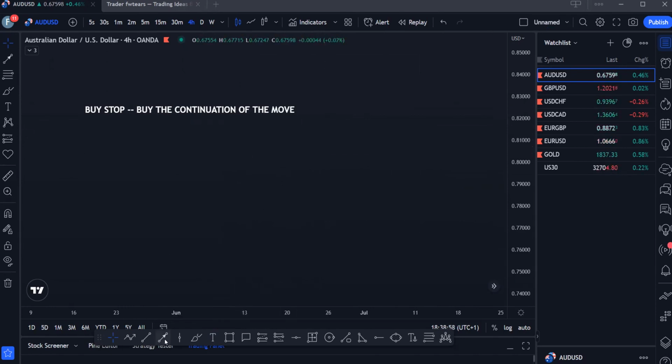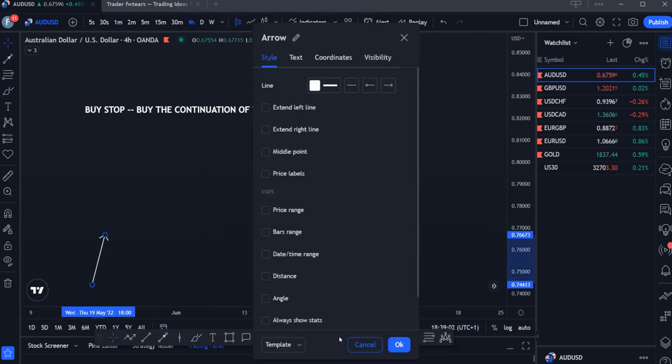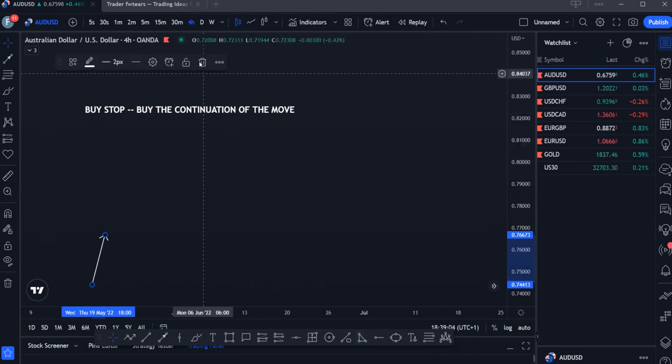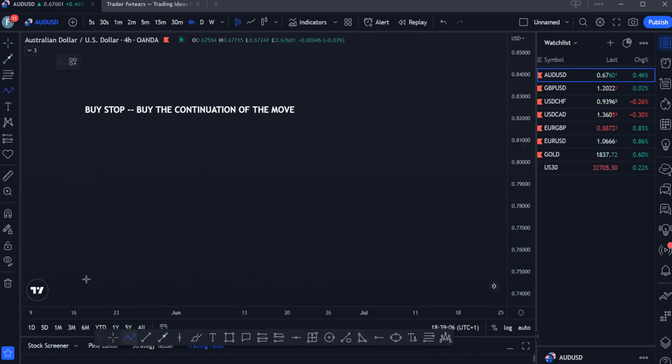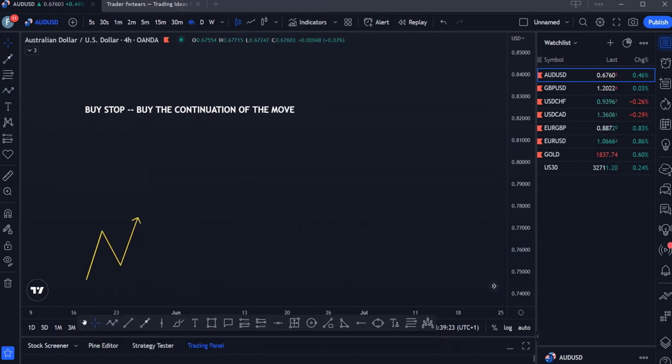So if you see that price is going up like so, maybe price is in an uptrend, and based on your analysis, you think that this bullish momentum is going to continue. Price will keep going up. What you can do,